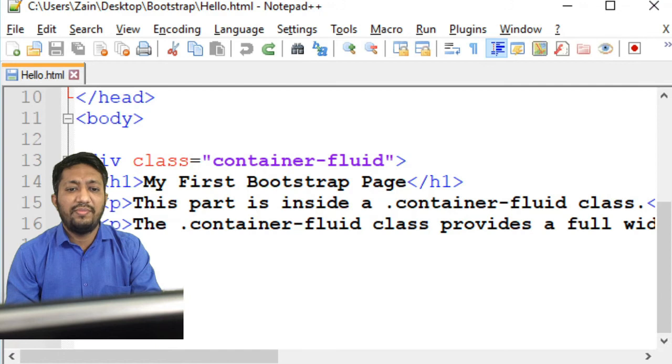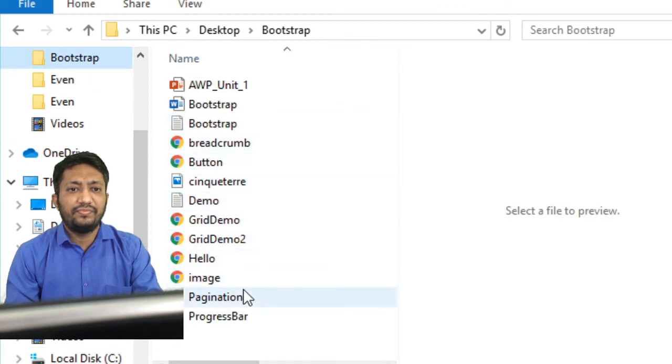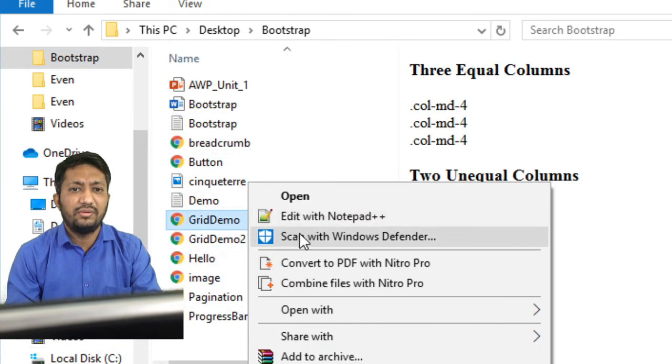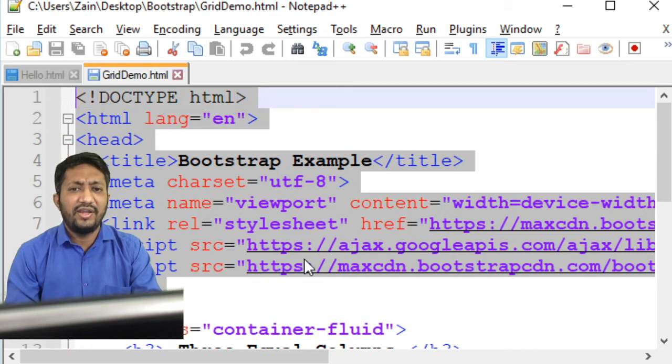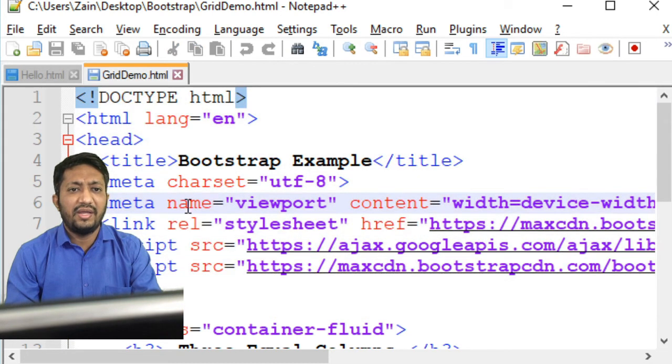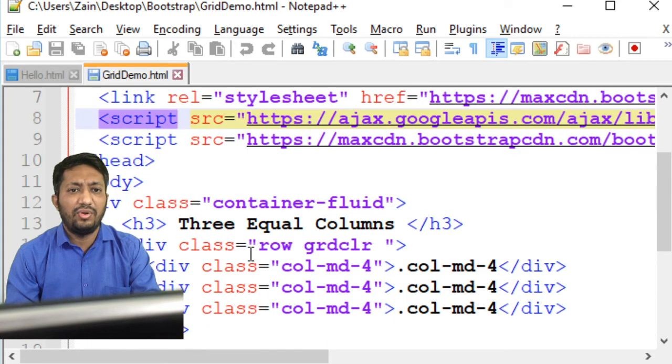So I am taking one example for that. Okay, so let's understand this code. This portion is the same. Every time you want to write a new program, the doctype, then meta tag, then link, script, CDN, all that data will be the same. Now the change will be in the code that follows.